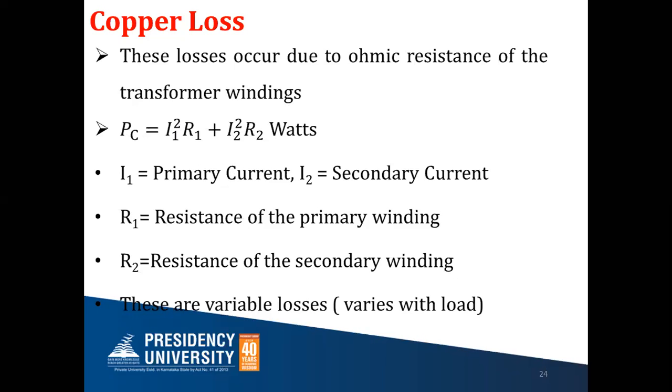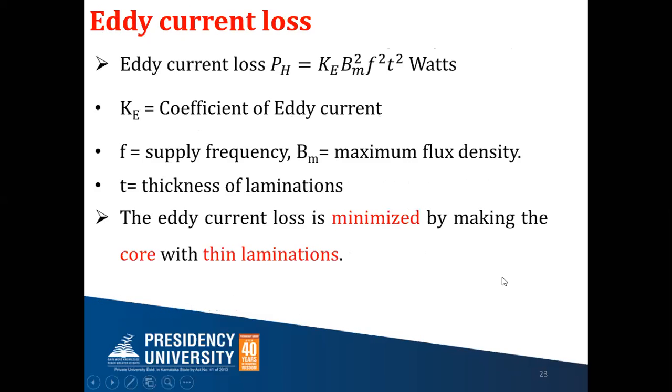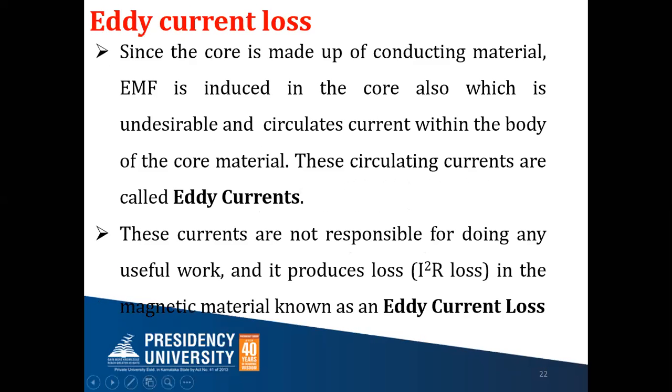Right. So this copper loss primarily depends on the current and the resistance, either in the primary side or in the secondary side. The current purely depends on the load. The load may be variable, and we can decide what kind of load we are applying. So if the load is variable, the loss will be a variable loss. If the current through the primary winding or secondary winding is zero, the loss will be zero. But even then, if we have an input voltage, there will be some core loss. So that is the explanation for copper loss and core loss.